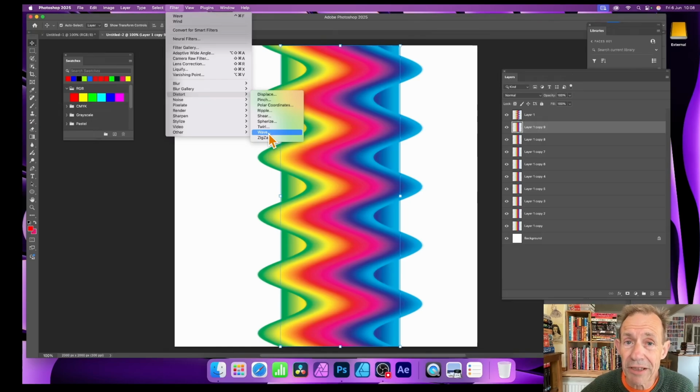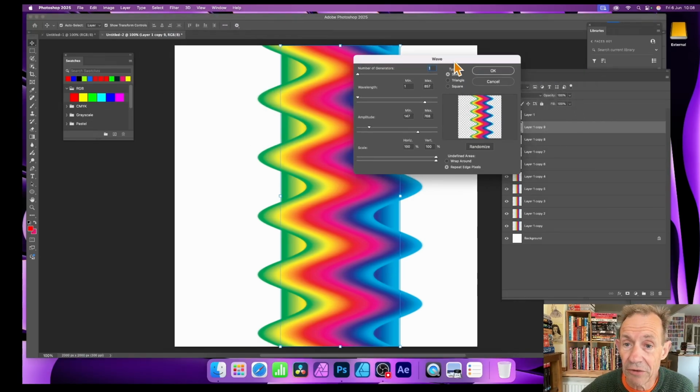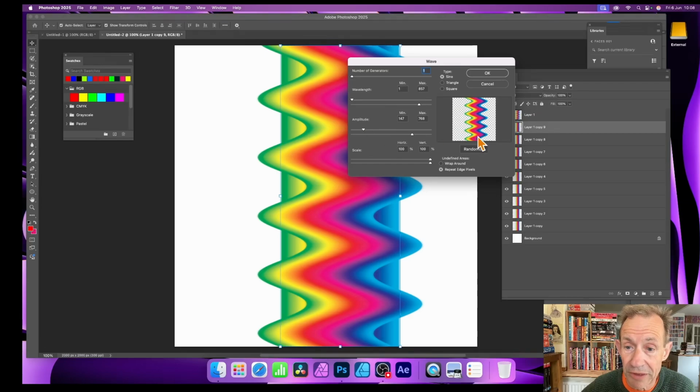Now wave is one of those filters that I use a lot of. I really should have a shortcut to that. Can easily set up a shortcut, but I haven't. So wave, and then you've got that. And you can of course tweak some of these, but you can just simply click randomize again, and you can see as you do this, you maybe want to push it out a bit more, maybe change this. You can tweak it in all kinds of ways. But again, randomize, you can see now you get something like that, and maybe more, something like that.